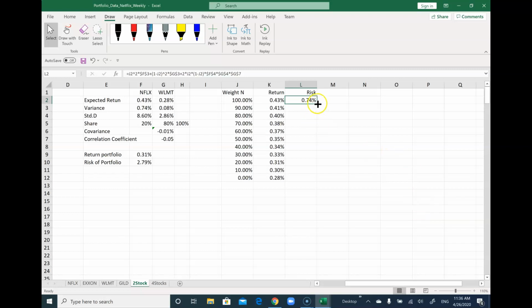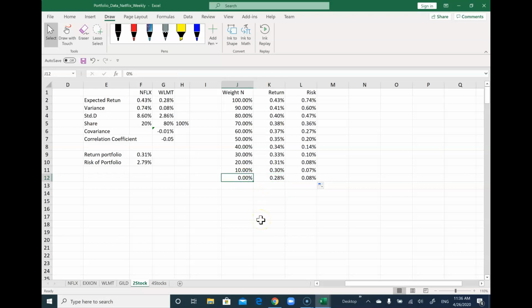Then I will again hold this and drag it over. Okay. And you can see that when all of your money is put in the Walmart stock, the risk of your portfolio is equal to the risk of the Walmart stock, right? And then when you actually see what happens between 0% and the 10%, right? For example,